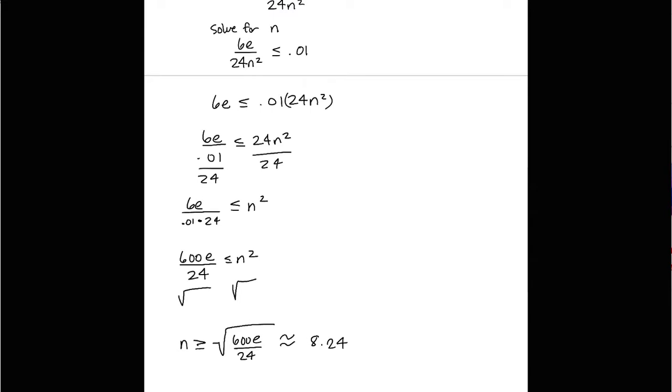Okay, so n equals 8 is not good enough. N equals 9 or larger would result in error bounded